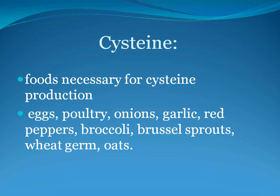One of the things I want to point out for the next 3 or 4 slides: we're going to go through what foods build up this protein called glutathione, and what amino acids, and where they're found, such as in this slide, what foods. If you will notice, they are in lots of veggies and wheat germ and oats, which are grains. But of course they're also found in animal protein such as eggs, poultry, and whey, milk, in other words